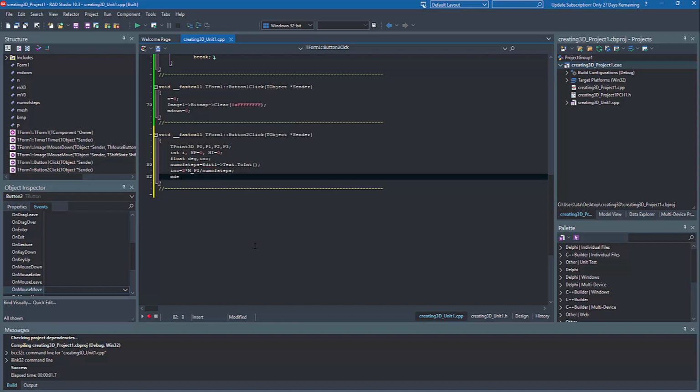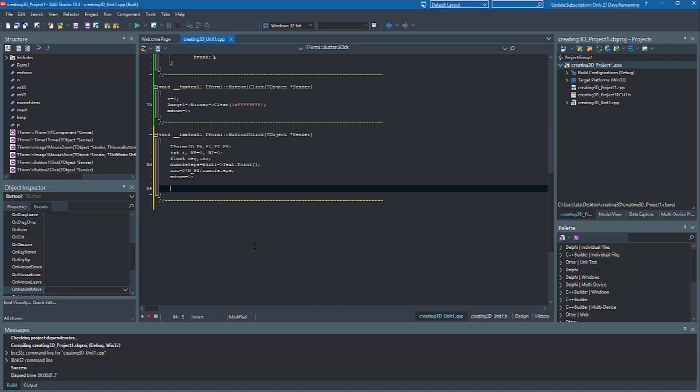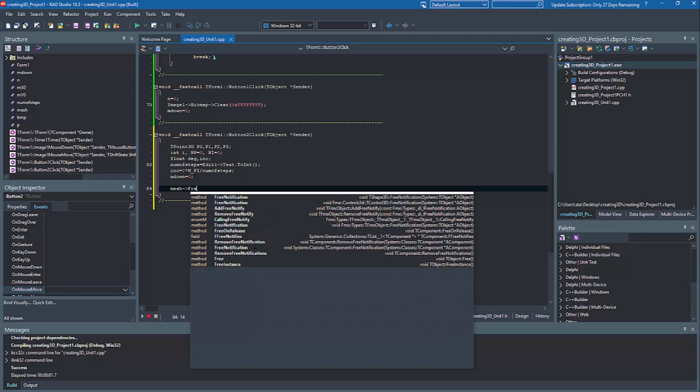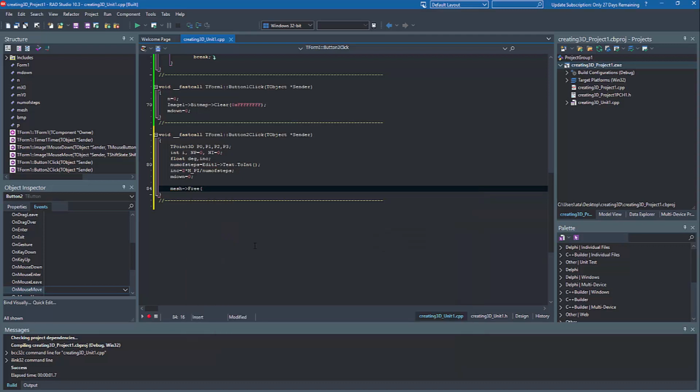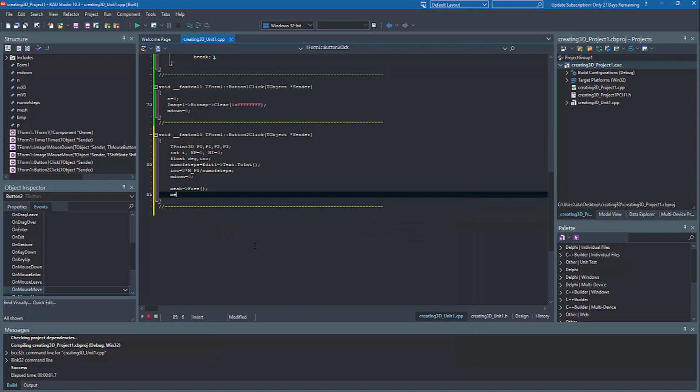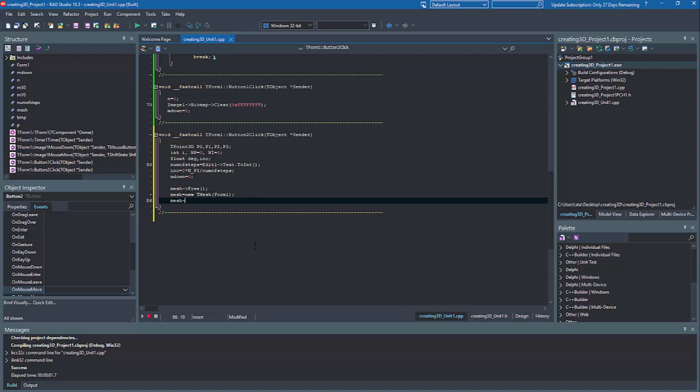Let's set mdown to 0 here, and we will generate the mesh, but if there's a mesh, we will free it first, and then we will add the mesh like this, new TMesh. Now we need an owner. Owner will be Form1, and